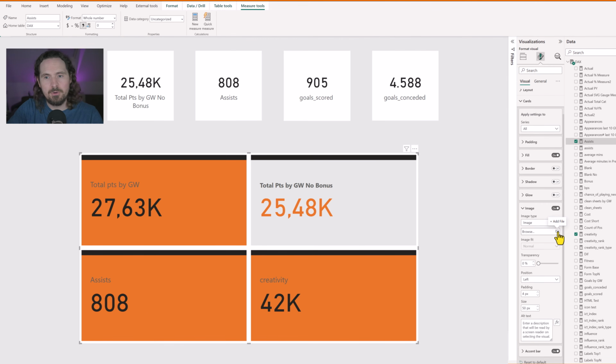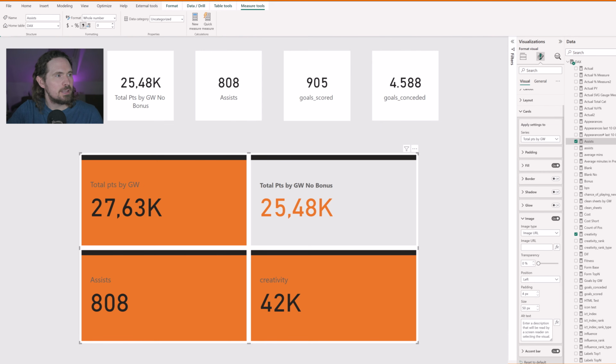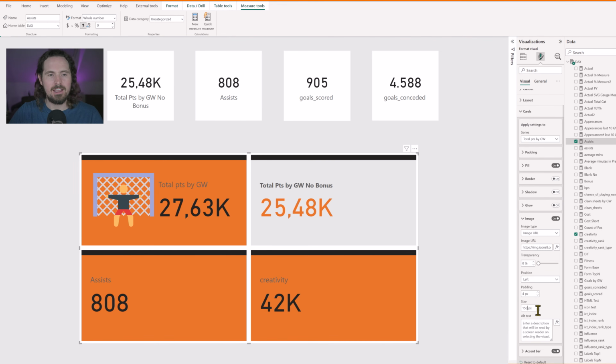You can also specify. So if I want to say, okay, for total points by game week, I want a specific image. So instead of uploading it from my device, I can say image URL, and I can just copy it from somewhere. If I have a URL of an image, I can just stick that in. So say I'm going to use this one. And again, this is total points by game week. Put in my link, and you can see now, if I just make this a bit bigger, I have this icon,